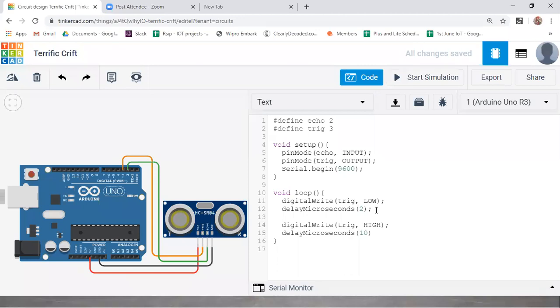In the working, you need to enable this pin for 10 microseconds. This is how you need to do it, guys. After that, you need to disable it. Why disable it? We have these trigger and echo pins, and you can work on only one thing at a time. If you are transmitting, you transmit. If you want to receive, you need to turn off the transmitter and receive the echo pulse. That is why you need to make this low.